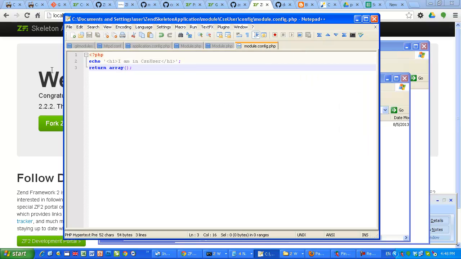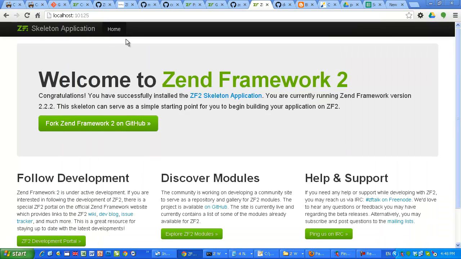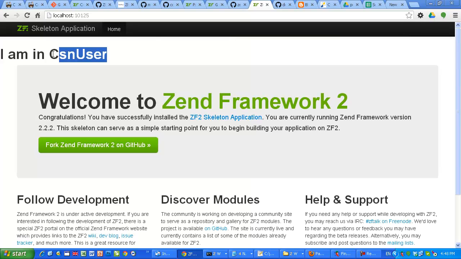Close. Now when I refresh, I will get just one expression which says I'm in CSN user, one line, "I'm in CSN user," and that's it. That's proof that the module has been loaded. Okay, let's start now